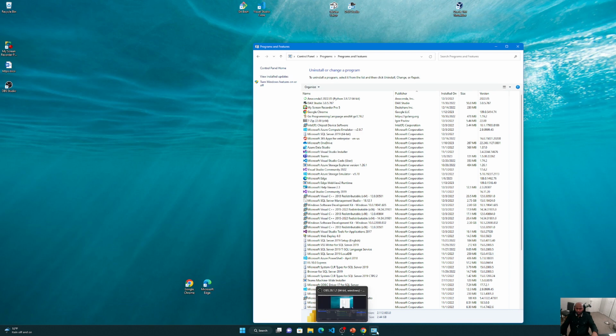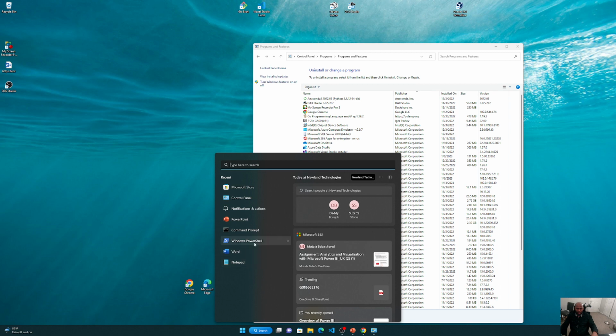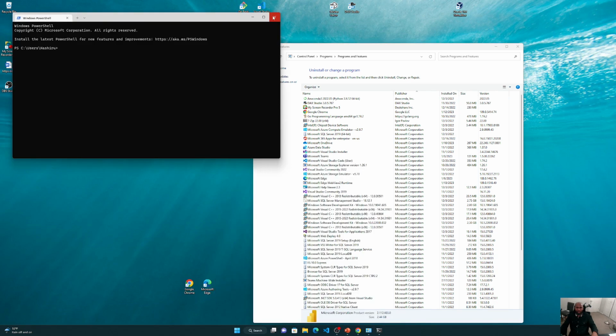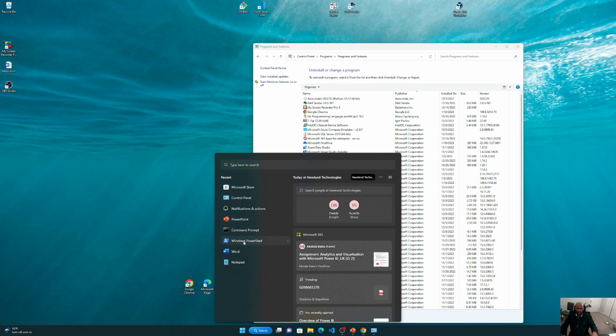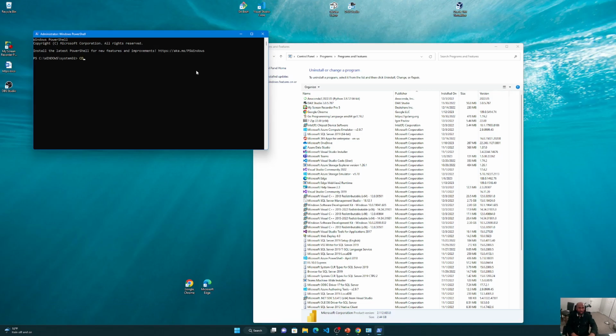So if you go back to PowerShell, let's go as administrator, right click as admin, and then just cd